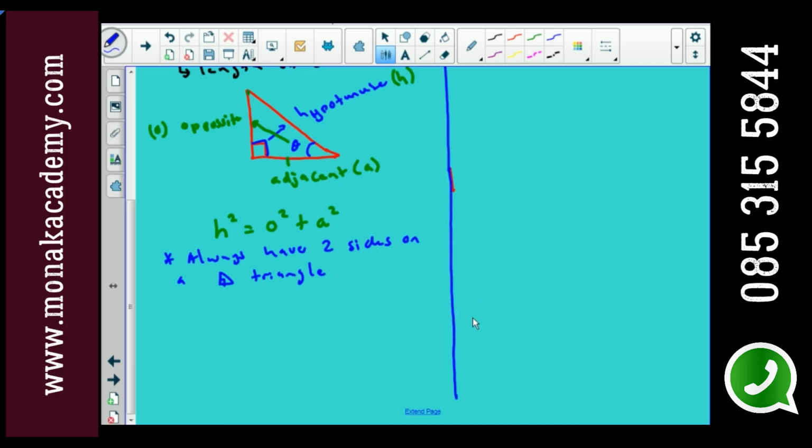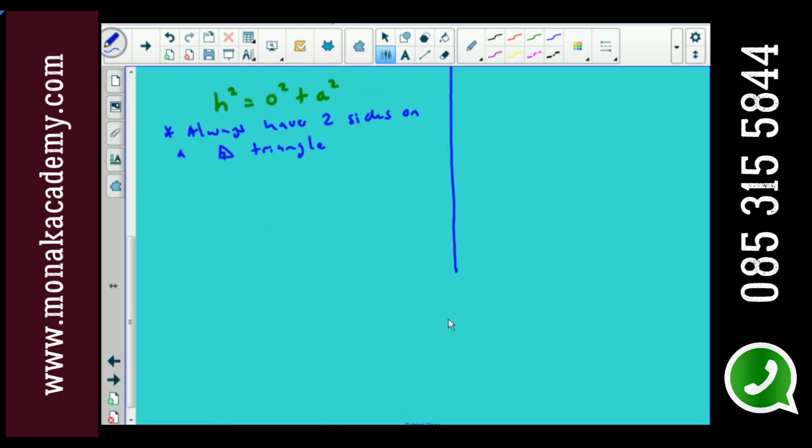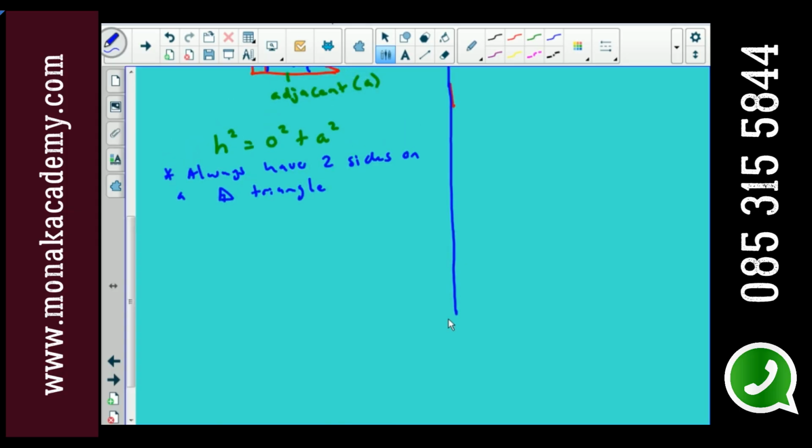So assume now that you are given only one side and you are given an angle, but it's still a right angle triangle. Right? It's still a right angle triangle, but now in this case you don't have two sides. You only have one side, but at least you have an angle. What then do you do? So now you can use our SOH-CAH-TOA